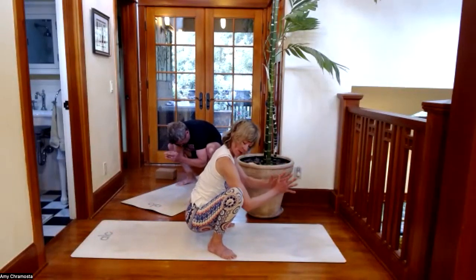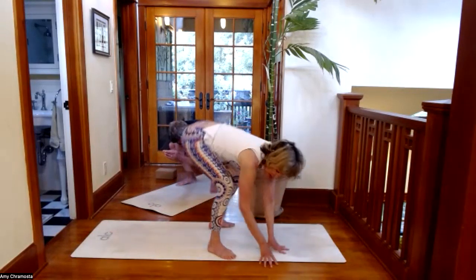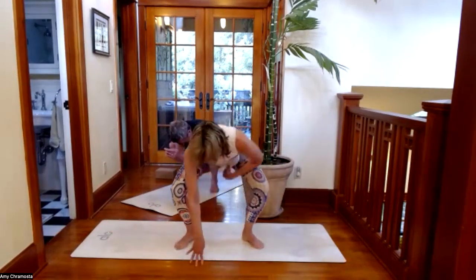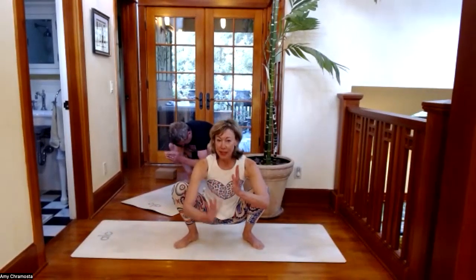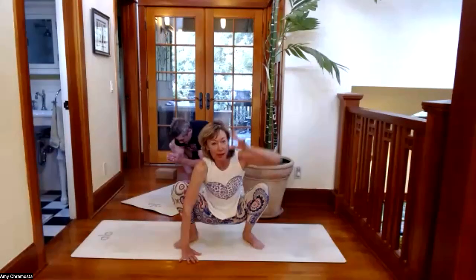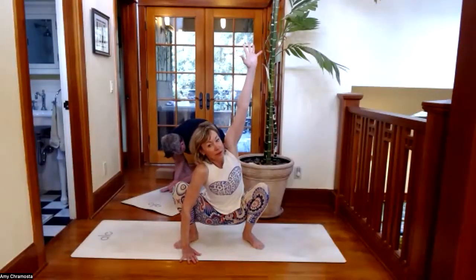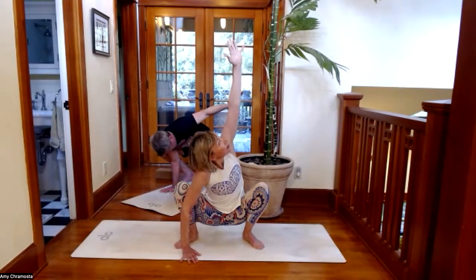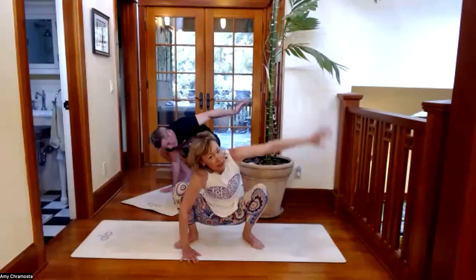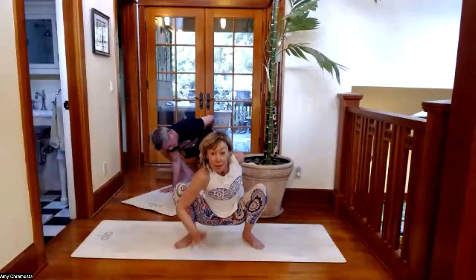and take your elbows inside your knee, hands at your heart center. I'll face you. This is one of Cookie's favorites here. So we take that right hand on the inside of the ankle, extend the left arm up. Find that breath. And let's explore taking that left hand behind the body, that left shoulder up towards the sky, maybe the bind